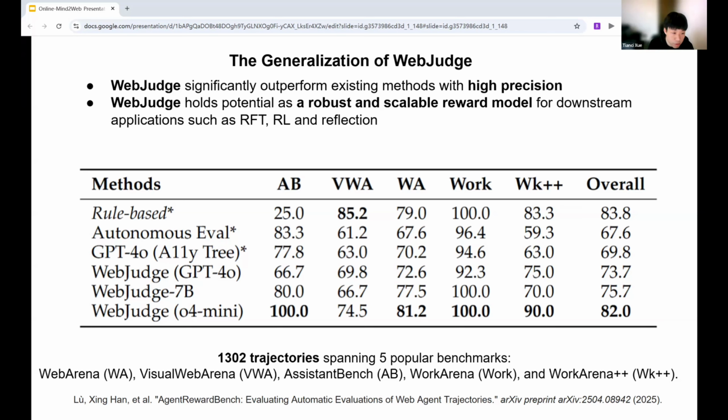WebJudge significantly outperforms existing methods with a high precision, which means that it holds potential as a robust and scalable reward model for downstream applications like reinforcement learning and self-reflection.